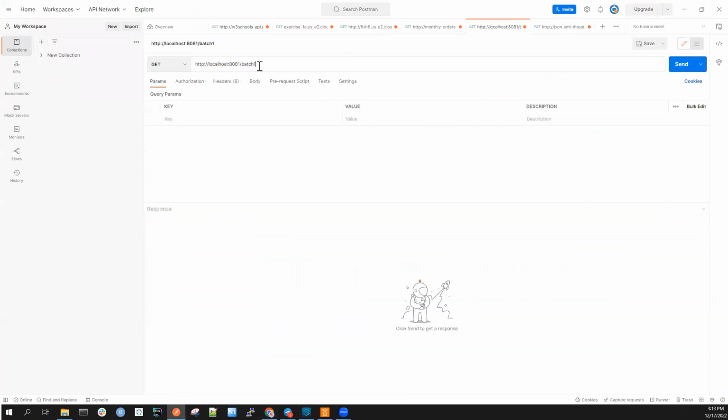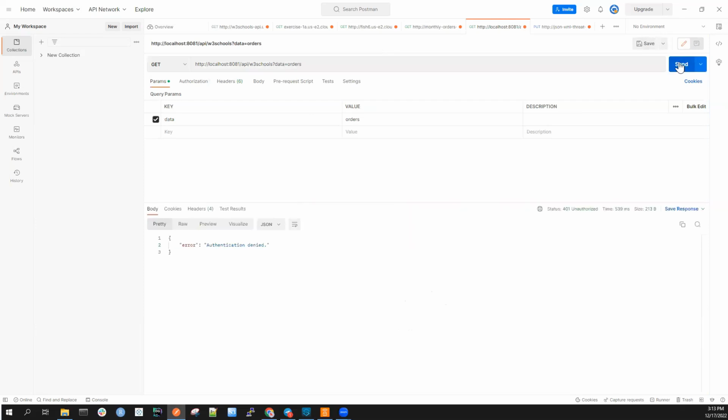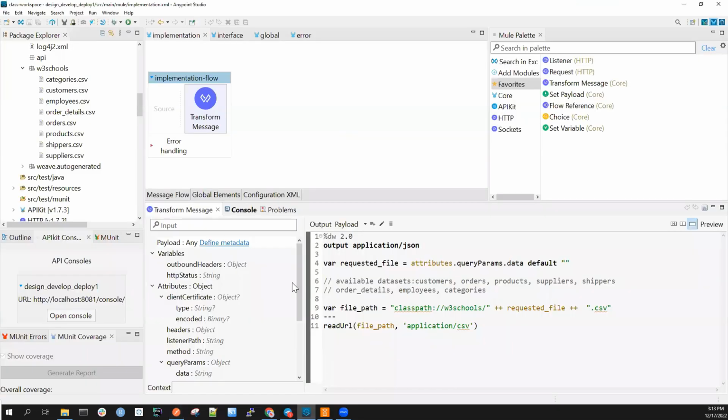So let's quickly do that. Send requests. We have localhost 8081 /api/w3schools?data=orders, for example. This one will give me orders. Authentication denied. Oh, okay, because, okay, the other thing that we want to cover is